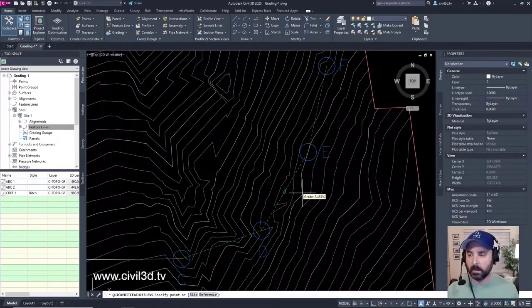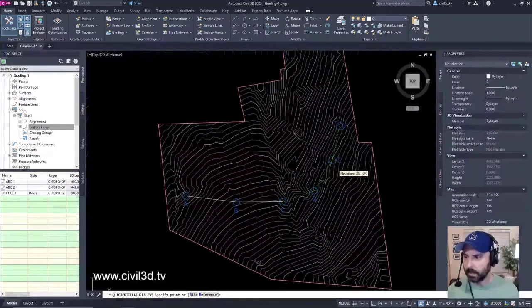When I asked about what do you think the grade's going to be for F, well, you can specify that with a surface elevation, and Civil 3D will create a transition going from C with a consistent grade slope to F to the existing surface elevation.